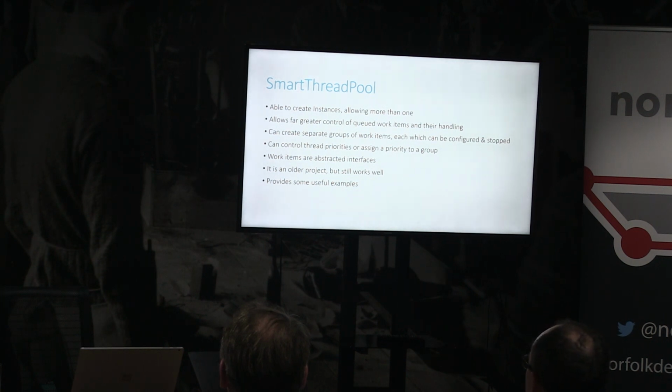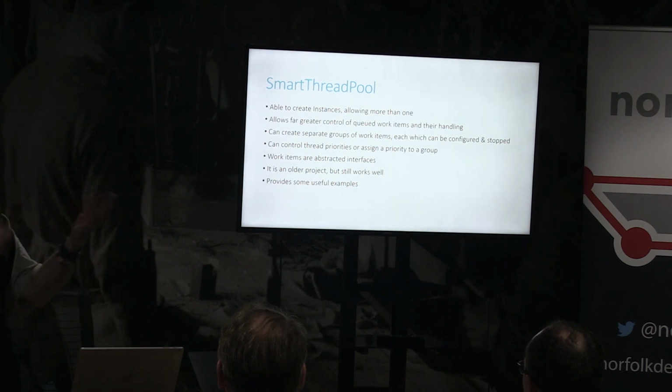So if you want a task to occur in a thread pool that's a high priority item, perhaps it's a very quick random memory access or calculation, you can allocate that into one group. You can pile that group up and load it up with a different number of threads that can run concurrently to another group that might be doing database operations or another group that's doing I/O operations. So instantly the thread pool starts to become the controller here and actually allows you to allocate things in the